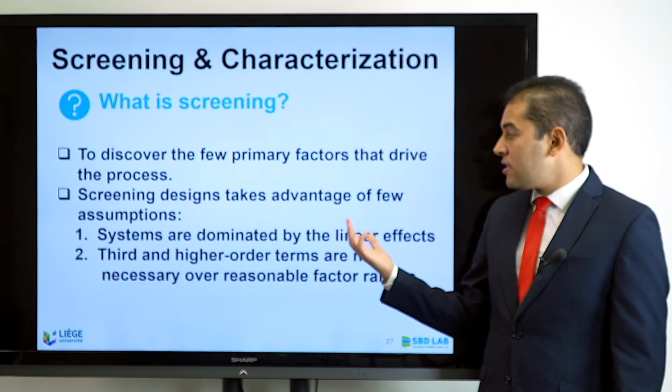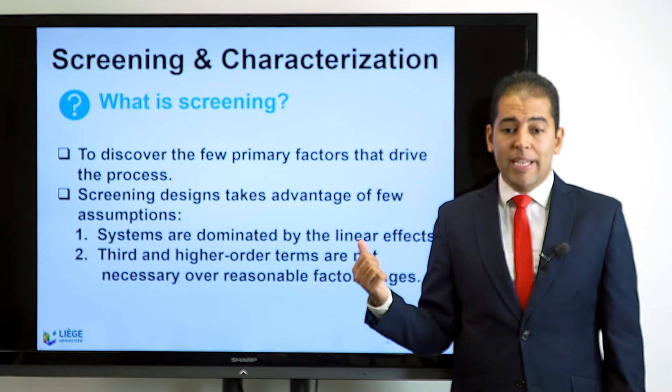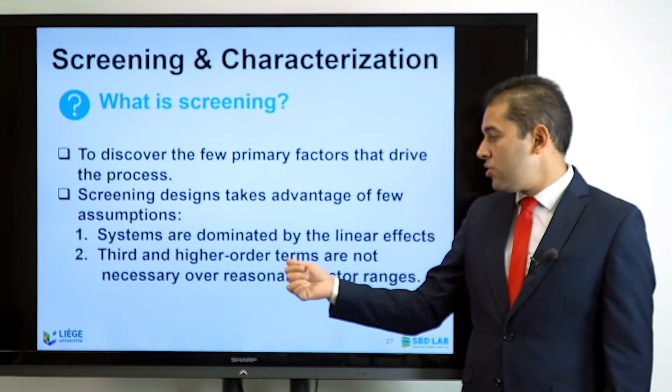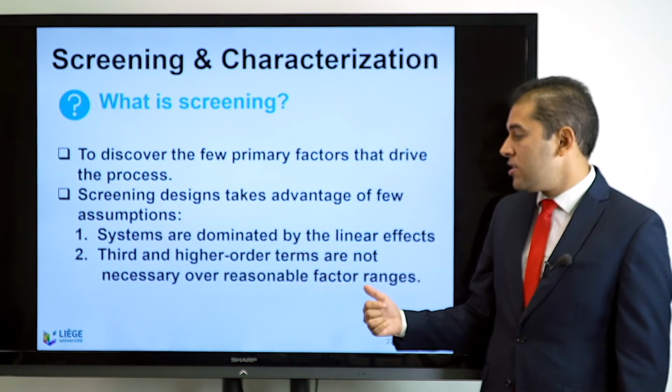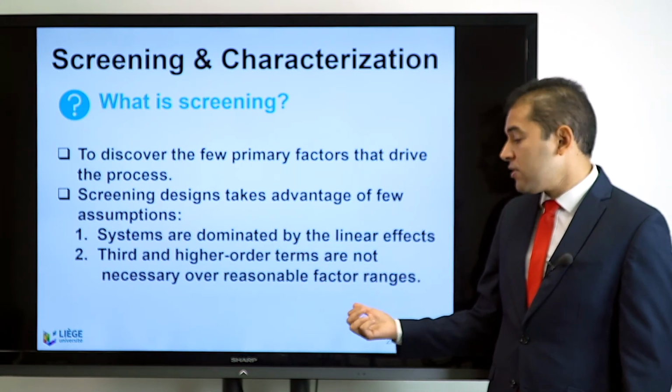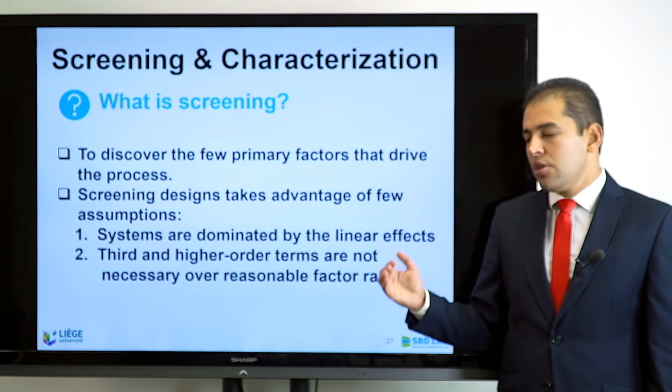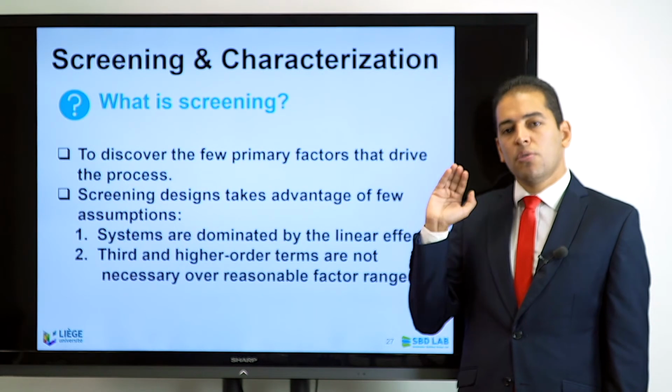Screening designs take advantage of a few assumptions: that systems are dominated by the linear effects, and that third and higher order terms are not necessarily significant over reasonable factor ranges. So this is important. And when you start your screening, you have to have already defined your factors and your